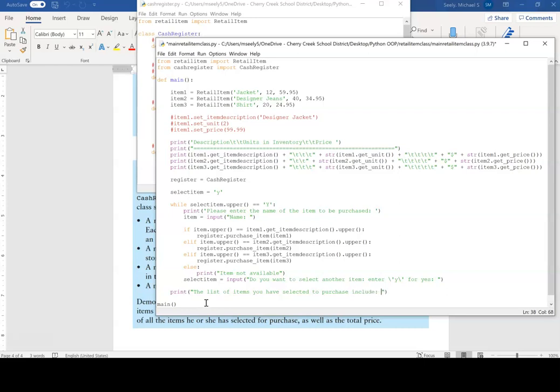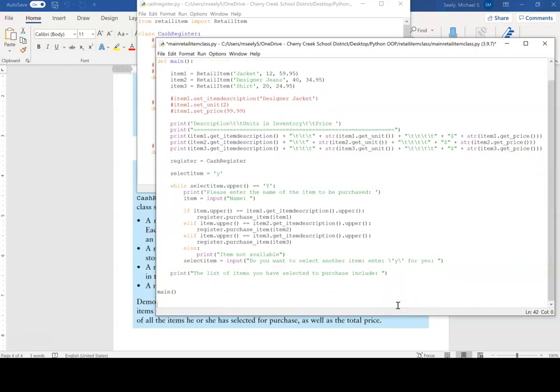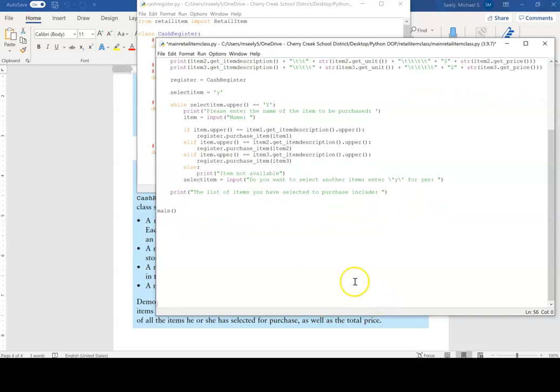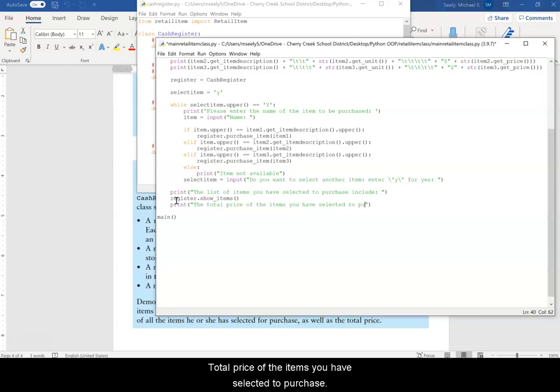Include, and then what do we do? Register dot show items. So we're going to show all of our items in our list, and then we'll do a print the total price of the items you have selected to purchase. The total is